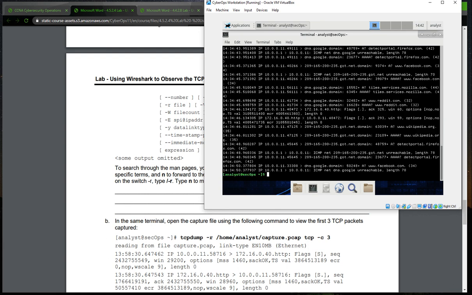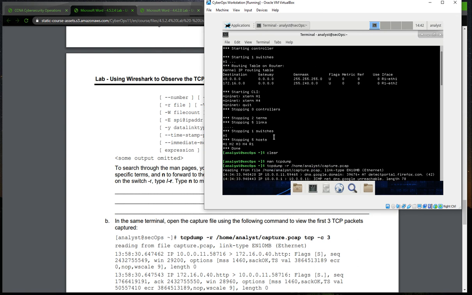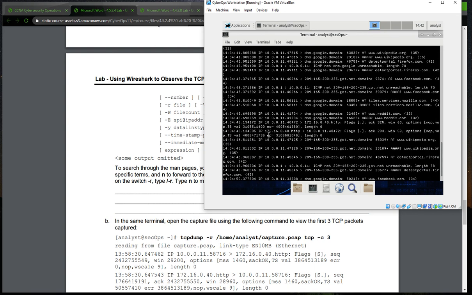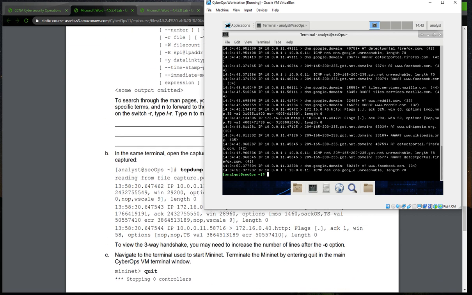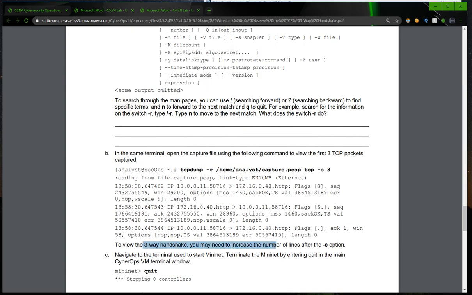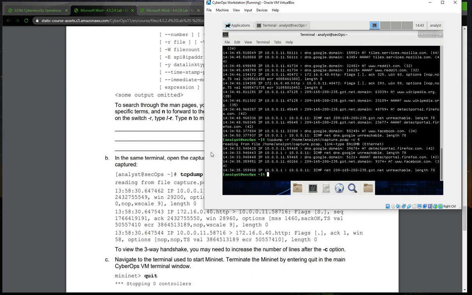When we press enter we can read the capture which we made in the first part of this lab. To view the three-way handshake, we need to increase the number of lines after the -c option. We can use the -c option to select the number of lines, and as I have not selected any number of lines, we got the full capture, and if we select -c 5, we get the top 5 lines.